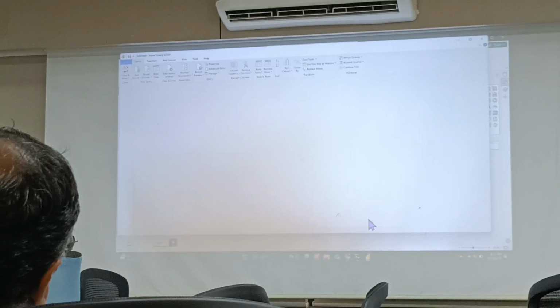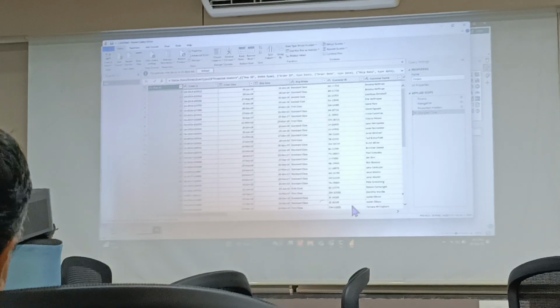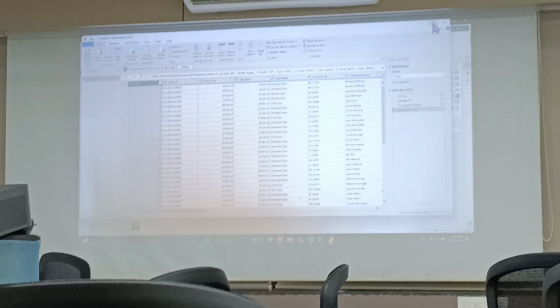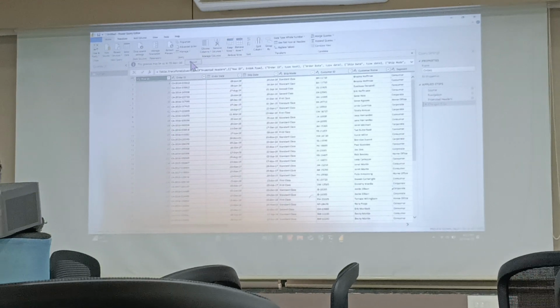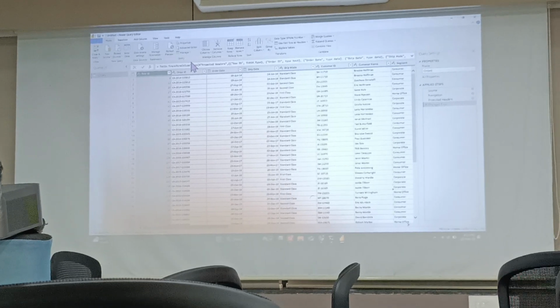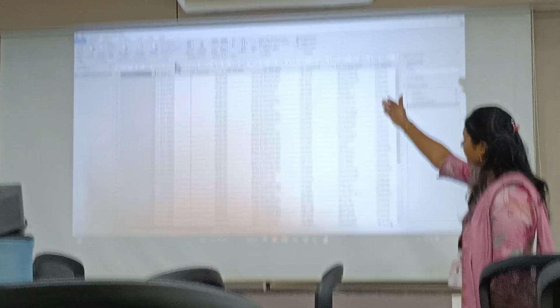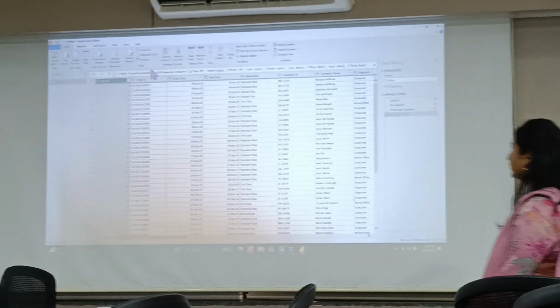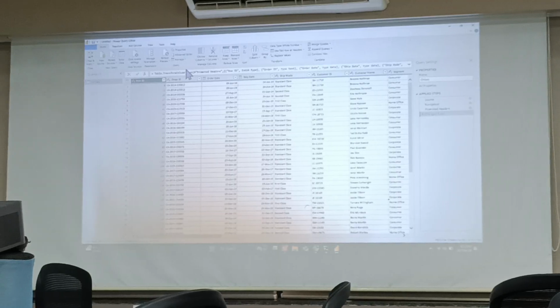So as you can see, another window gets popped up. This is called Power Query Editor. So here there are so many options available. If you can see here, splitting the column, removing the rows. If I am having some duplicate rows, duplicate columns,